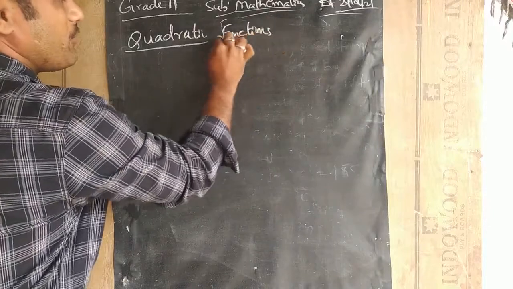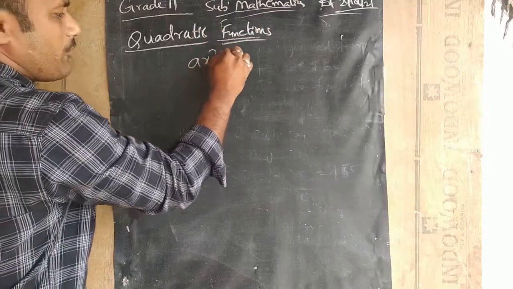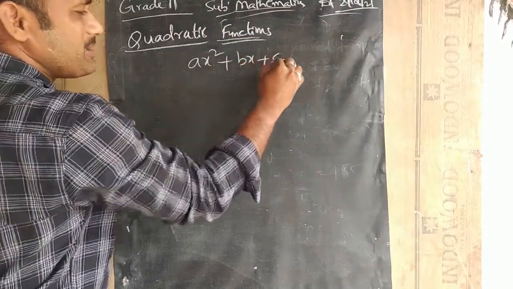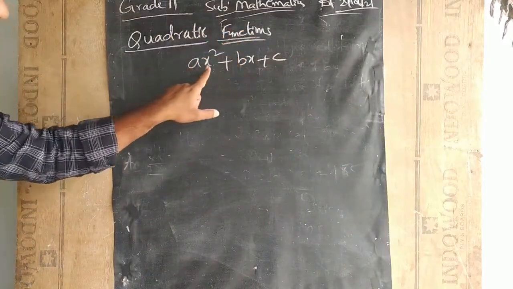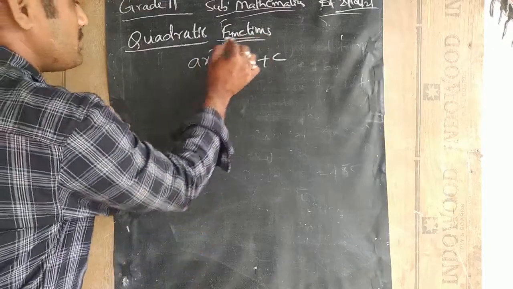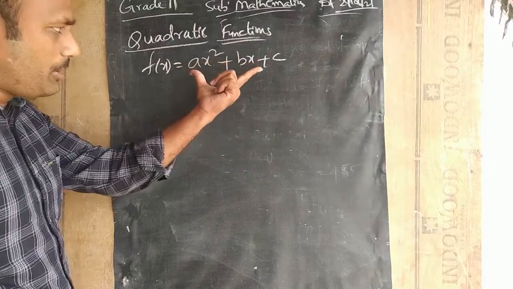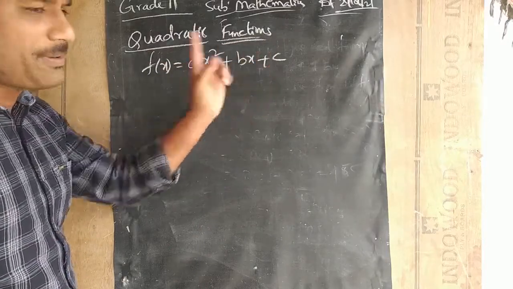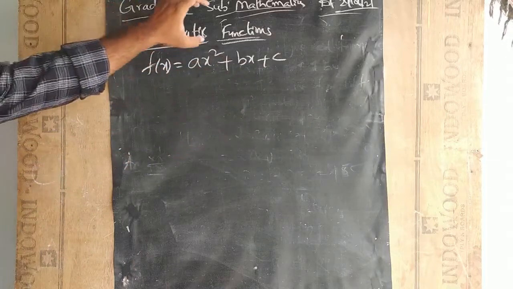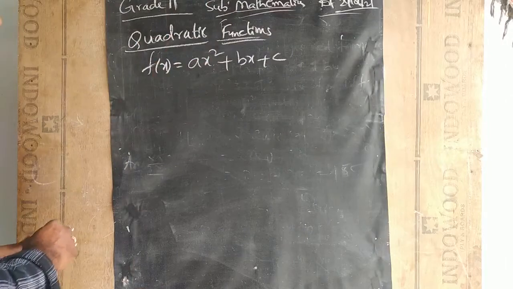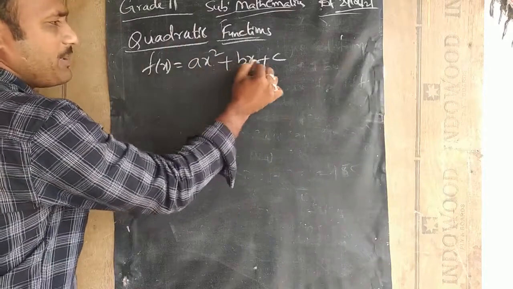So what is a quadratic function? First, we already know what the quadratic equation is. An equation in the form of ax square plus bx plus c, where a is not equal to 0, that we are going to call a quadratic equation. Since he is talking about a function, let f of x be a function, which we represent as ax square plus bx plus c equals 0, or it may be inequalities. If you are talking about quadratic inequalities, then it will be greater than or less than. Now in this case, he is talking only about the quadratic functions. So ax square plus bx plus c.